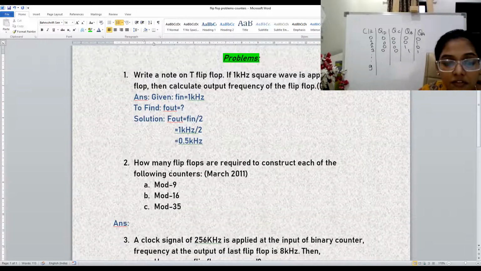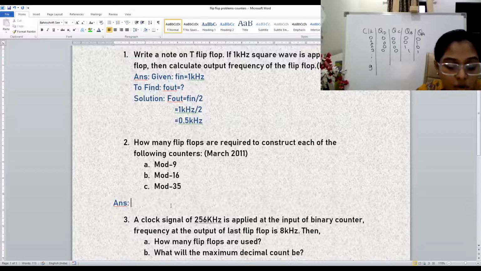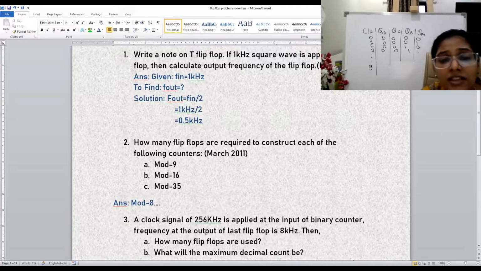सही बोला मैंने। फॉर एग्जाम्पल अगर मेरे को मॉड 8 कंसिडर करना है, मॉड 8 काउंटर में कितने फ्लिप फ्लॉप्स लगेंगे, कैसे फाइंड करते हैं? देयर इज अ फॉर्मूला 2 raised to n. व्हाट इज द फॉर्मूला? 2 raised to n,